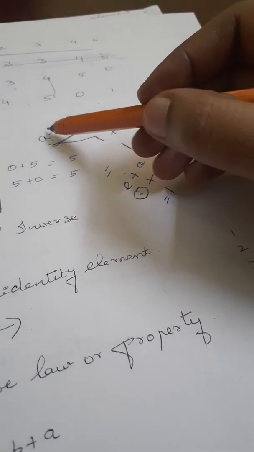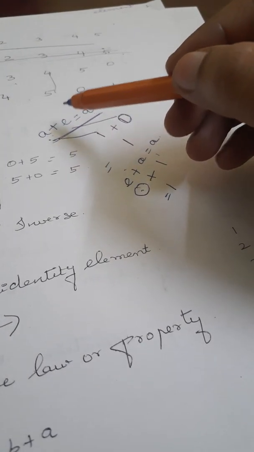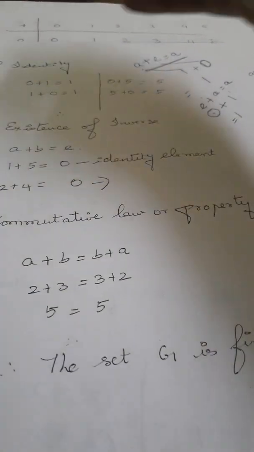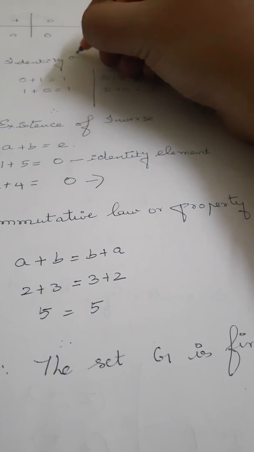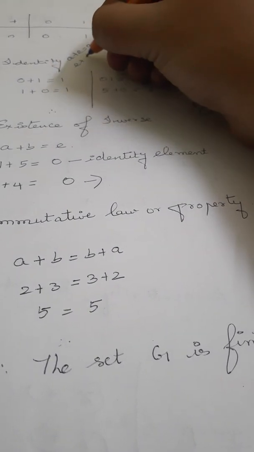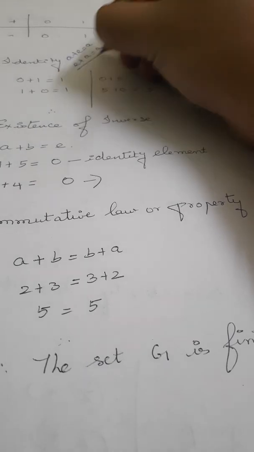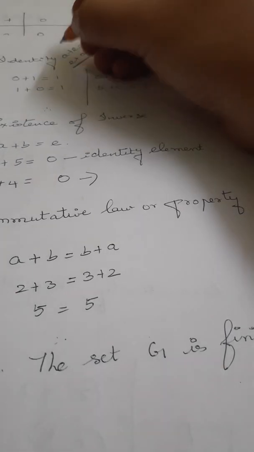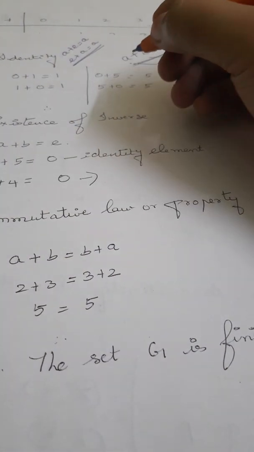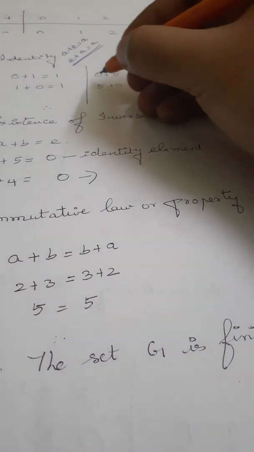So, okay. Shall I explain once again? Okay. So now I am seeing identity. So what is the formula for identity? A plus E is equal to A. E plus A is equal to A. So this is the formula for identity. So A can be any value. Okay. So next example, I'll take the element as 5.